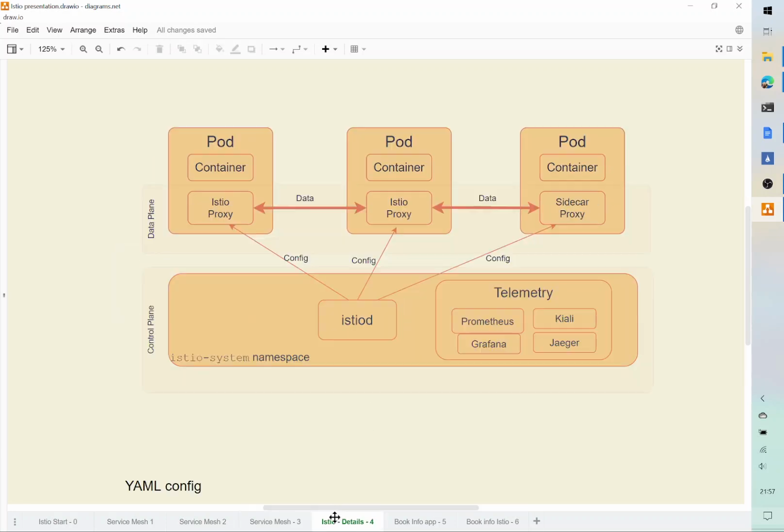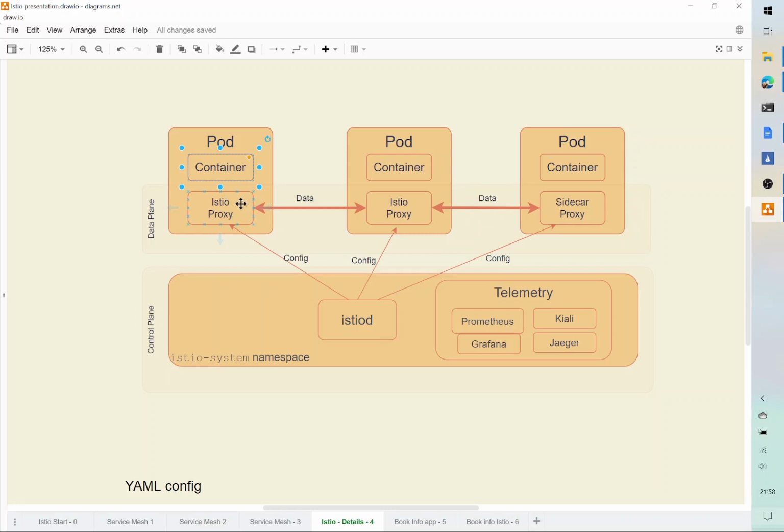And the way Istio does this is really quite neat. Istio injects a container called the Istio proxy container into each of your pods in your application. It is this sidecar proxy, or Istio proxy container, that intercepts the traffic leaving your workload containers in its respective pod before it even leaves the node. For instance, this Istio proxy would intercept any traffic that's leaving this workload container in this pod before it even left the pod, before it even left the node that this pod is assigned to. And then it would act on that traffic.